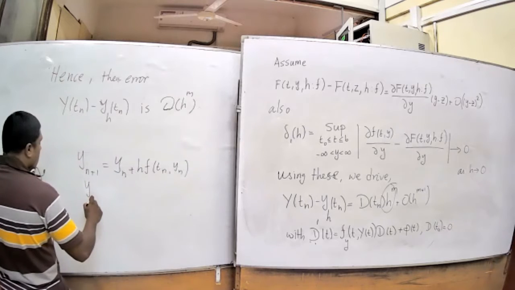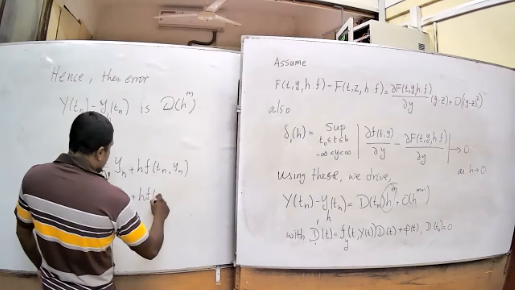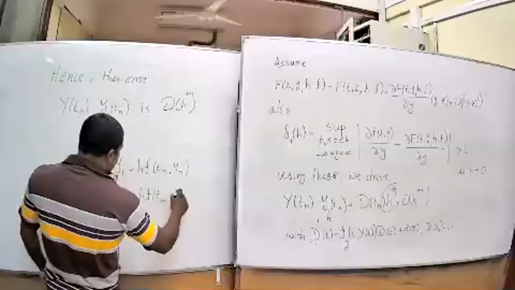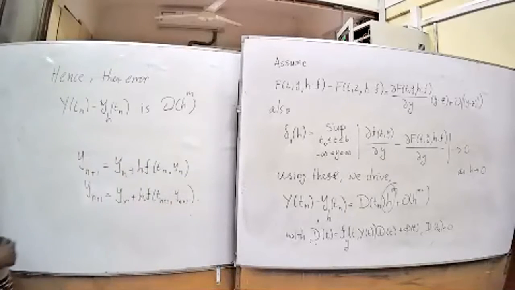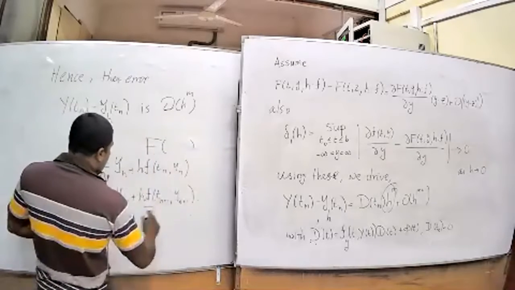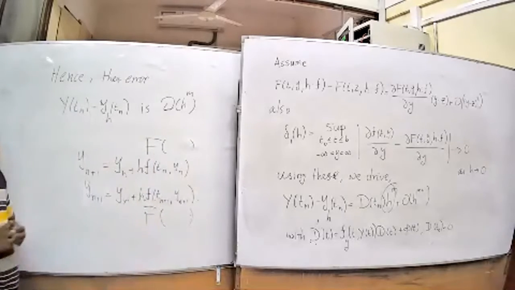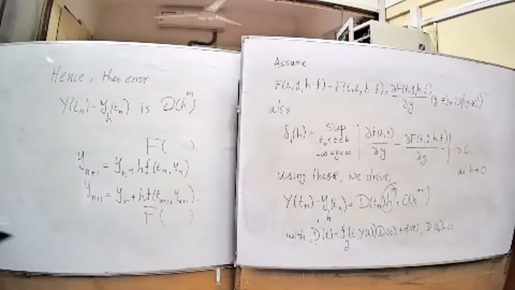Explicit is this, and this is implicit. So in the Euler formula, you have some capital F here. Again, a similar kind of thing you can derive for the Runge-Kutta method as well. That is not a big thing. But we shall derive those kinds of Runge-Kutta methods as well, so we will briefly touch on that.